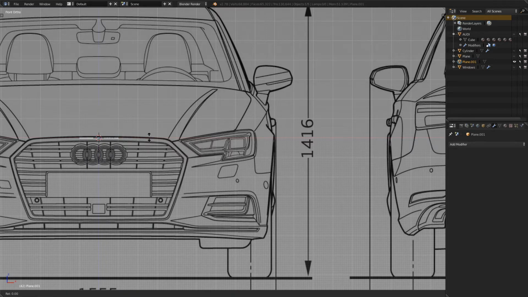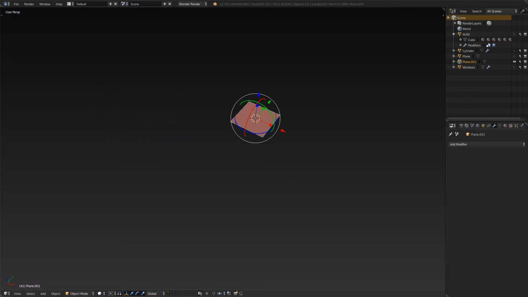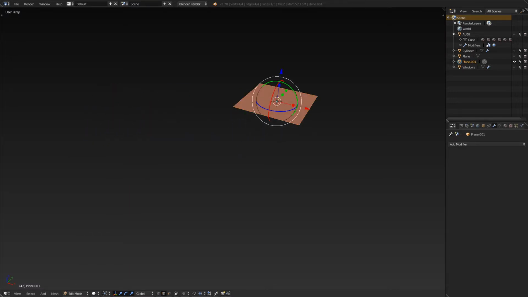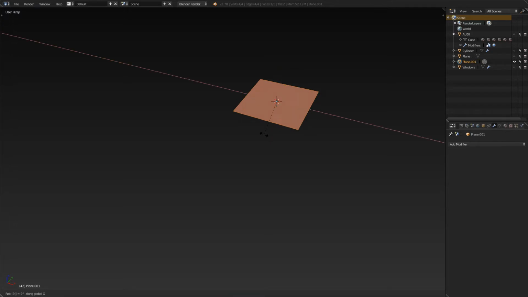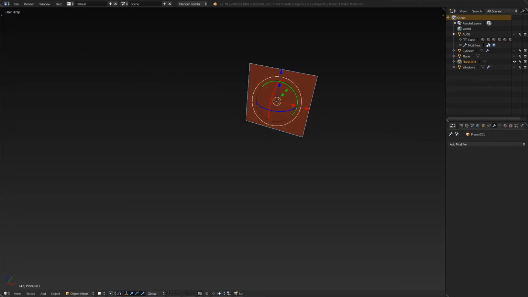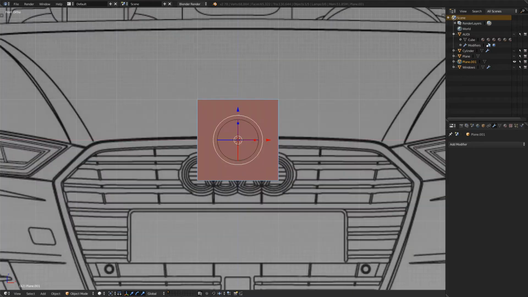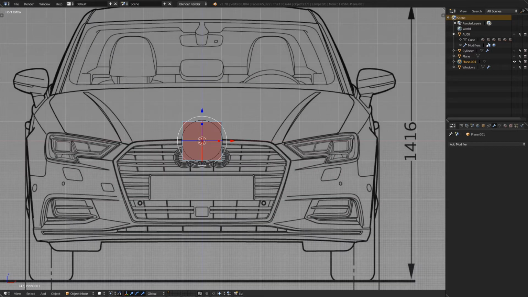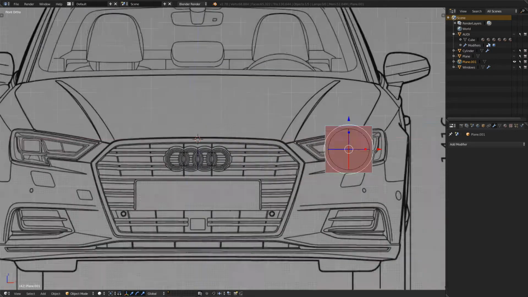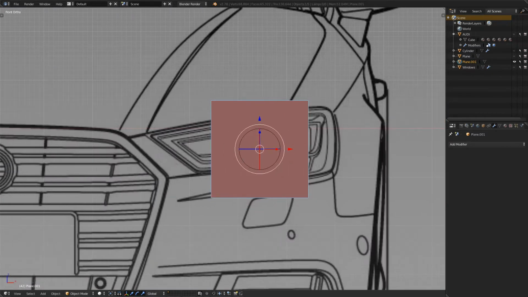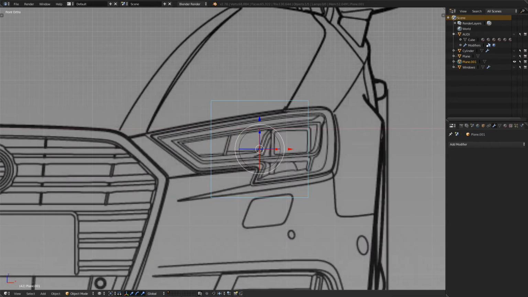No, that did not work either. Okay. Worked in, what do you call it? Object mode. Anyway, so